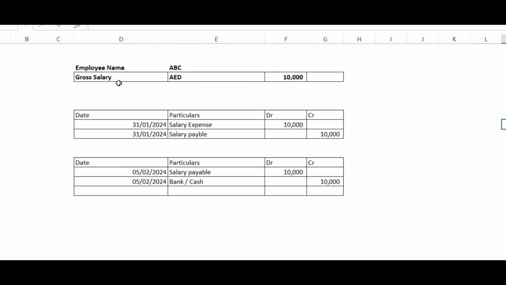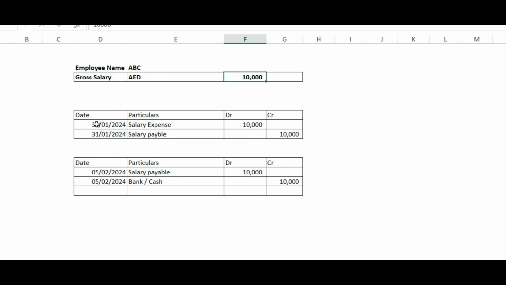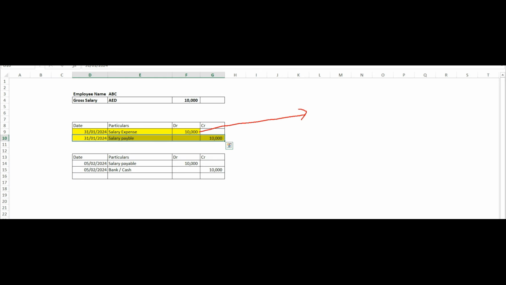For example, you have an employee having gross salary of 10,000. So at the end of each month the entry would be salary expense debit and salary payable credit. So salary expense is being debited because increase in expense is debit, and salary payable is credit because increase in